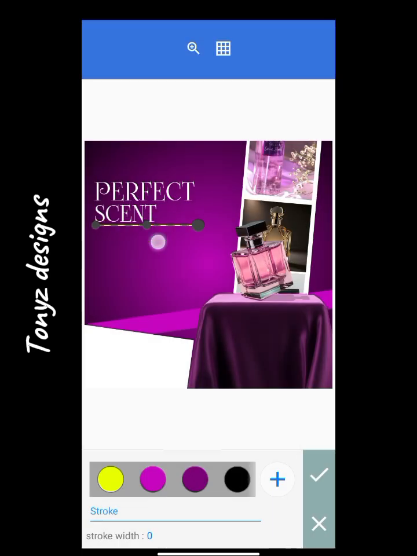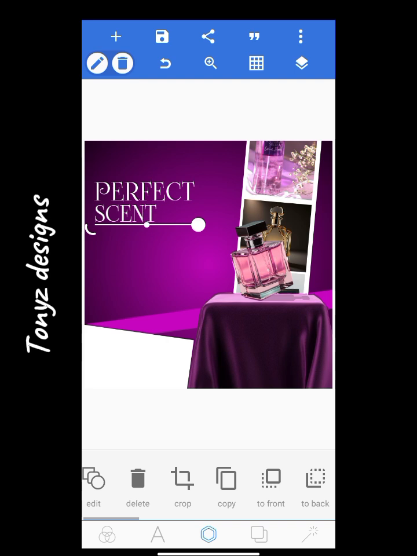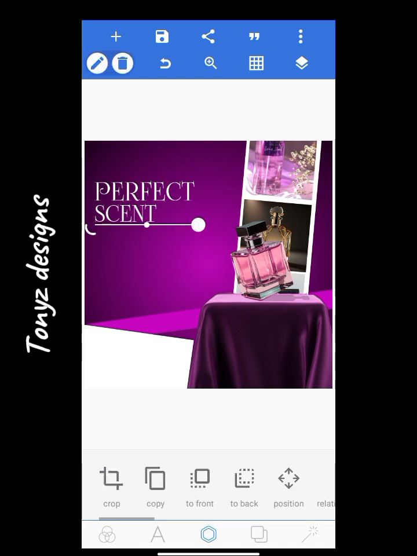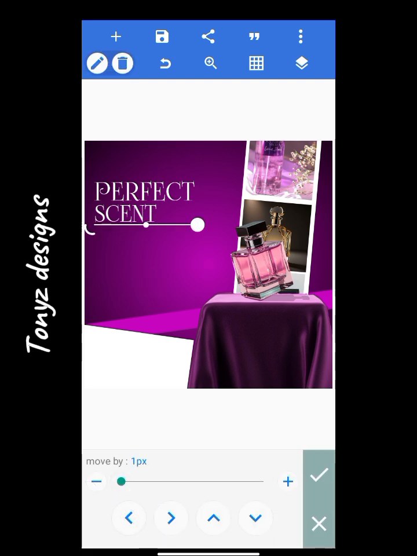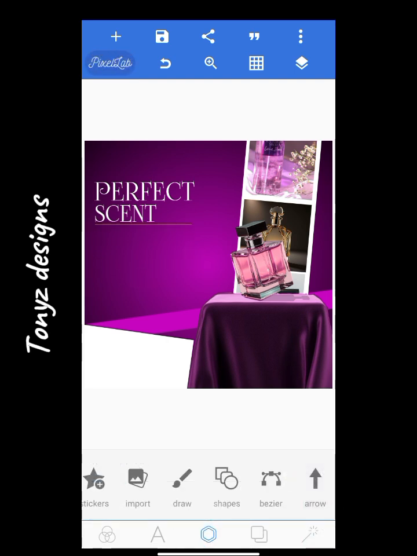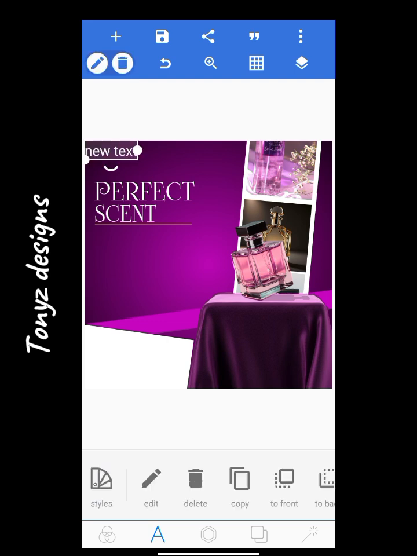Just go ahead, okay, and we have this. Then we will adjust this using the position tool to this. Okay, so this is coming out well. And the next thing we'll be doing now is to add a little write-up underneath this line. So we'll go ahead to our text tool again,